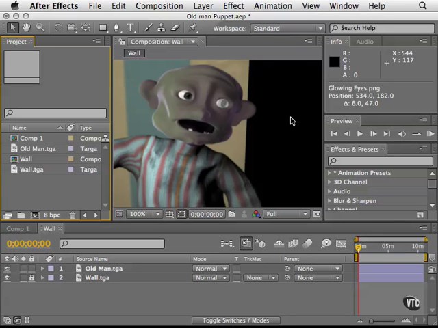Motion Sketch is a really great way to have After Effects lend you a hand and assist you in animation. All you have to do is click on a layer and move it, and After Effects will add the keyframes for you. So open up the Old Man Puppet comp in the Work Files folder,